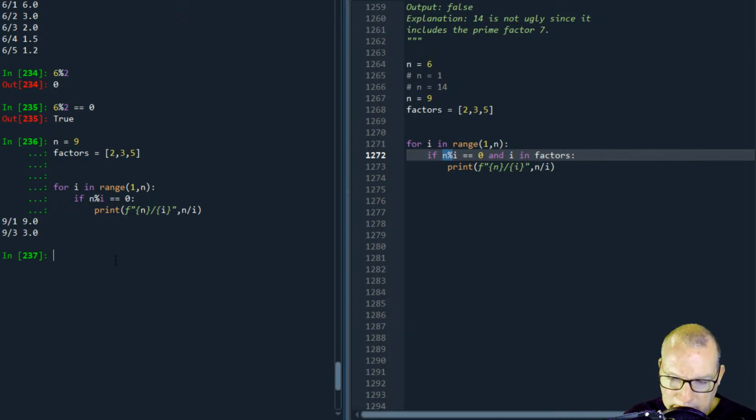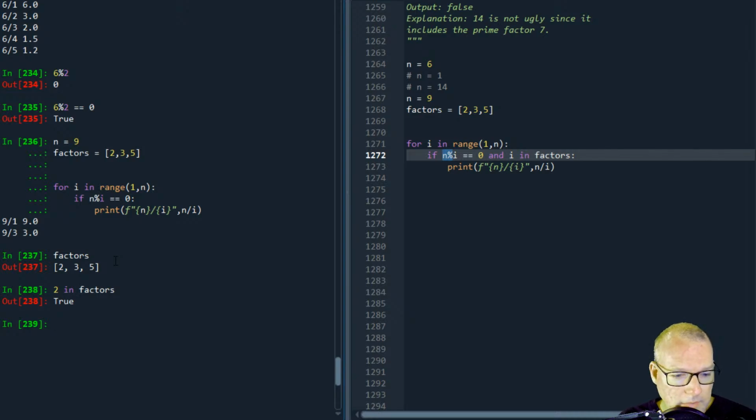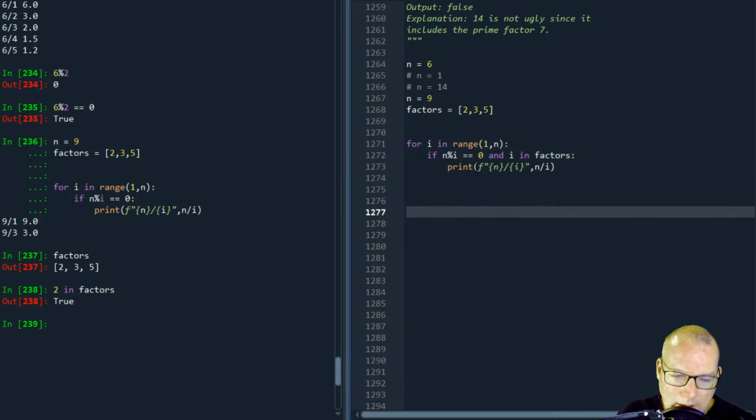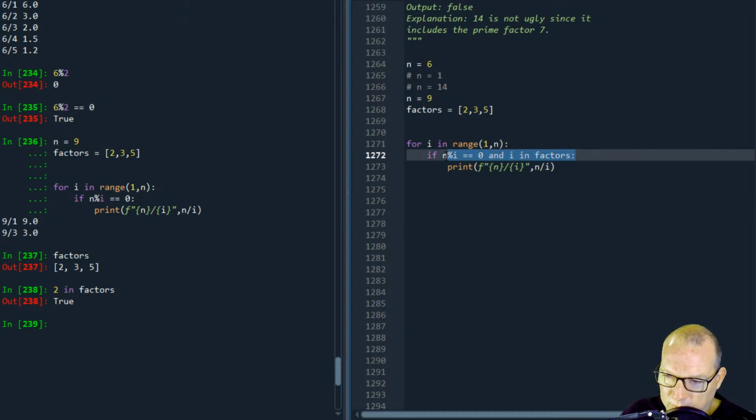So I want to show you this. Factors is 2. Is 2 in factors? True. Is 2 in factors? That's what I want. I've never seen anybody verbalize that anywhere. So when you're learning and getting comfortable with these, or if you're not that comfortable, throw in this is a test question. Is